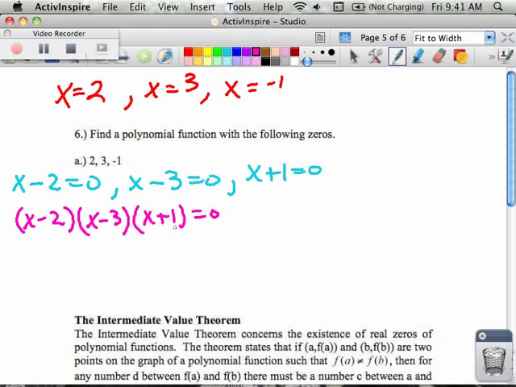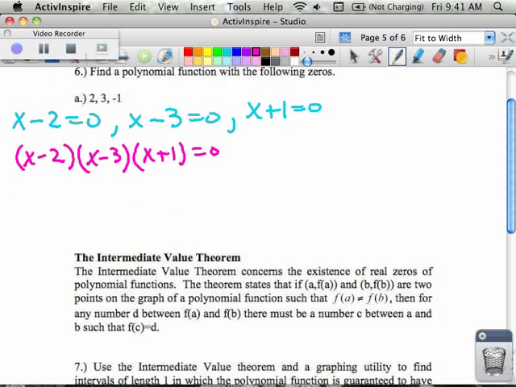Either that parentheses was equal to 0, that parentheses was equal to 0, or that one was equal to 0. And then we moved stuff over and solved it, and that's how we got the red, which were the 3 zeros. And now comes the fun part. Now is where we multiply it all out. FOIL. I'm going to pause now because this is